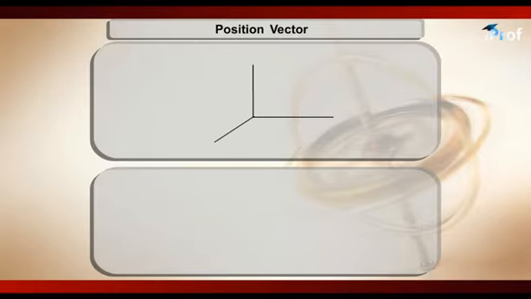Suppose this is an XYZ coordinate system in which we have to represent the position of a particle. Here O is the origin of this coordinate system having coordinates 0, 0, 0. Suppose P is a particle in space having coordinates x1, y1 and z1 with respect to this origin O. If we have to represent the position of this particle P with respect to O, or in the reference frame of O, what is this?